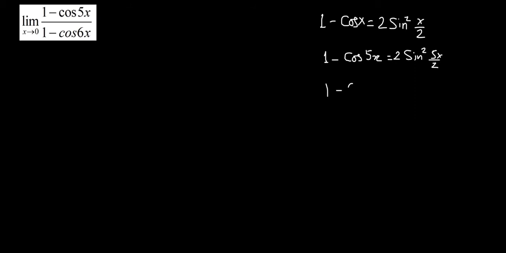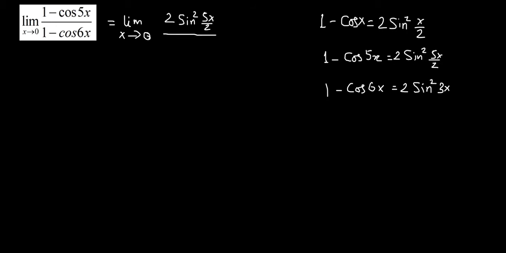Similarly, 1 minus cosine of 6x will be equal to 2 times sine squared 6x over 2, which will be equal to 3x. So let us substitute these values into our given function. So we have 2 times sine squared 5x over 2 divided by 2 times sine squared of thrice x,